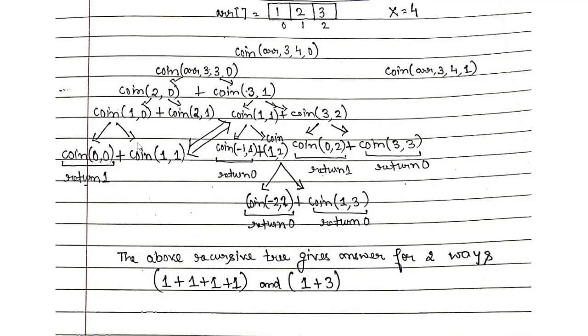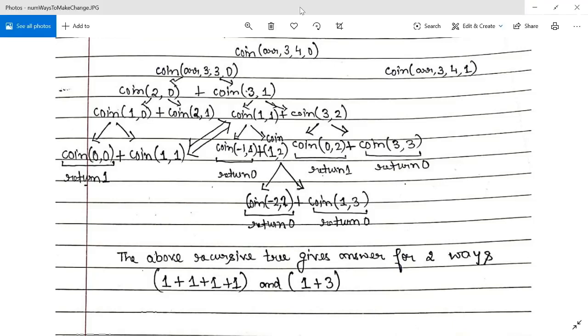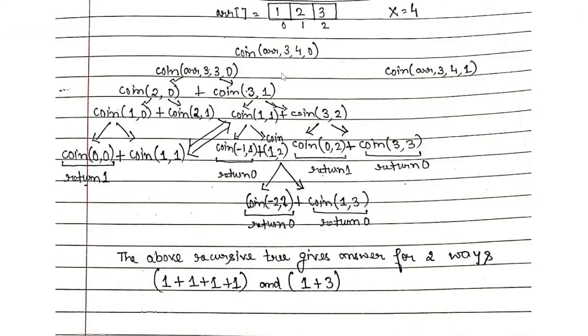So now if we come to this subproblem, what does it say? It says that currently I am sitting at index 1. So just tell me, starting from this index till the end of the array, in how many ways can I make a change of 1? So I have expanded it over here. If I choose to make use of the denomination present at this index, what would I be left with? What is the denomination present at this index? It's 2. So if I choose to make use of that denomination, the amount I would be left with is minus 1. So can you ever have a sum of positive integers which leads you to a negative integer? No, you cannot. And hence I will be returning a 0 from this path.